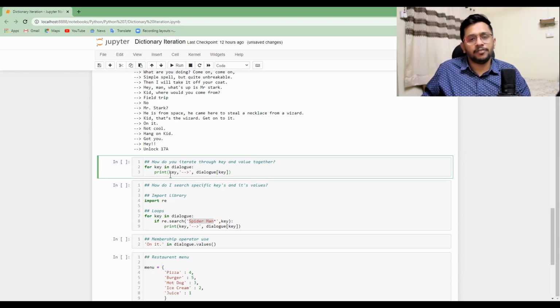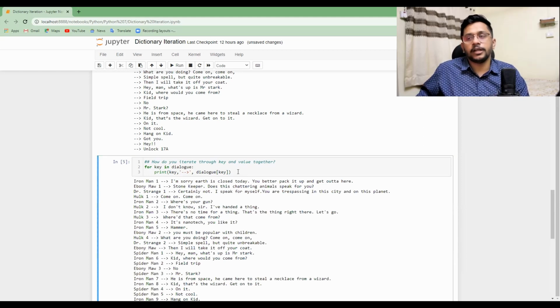Next, if I am iterating through a key, how do I get the values? If you remember, in the earlier dictionary manipulation video I showed that if you put the dictionary, an open square bracket, then the key for which you want the value, and then close that bracket, you will get the value. In the same sense, whenever we are iterating, we want to pass that same key, the iteration variable, to the dialogue dictionary for the values. If I hit Control Enter, I get the entire thing in one go. This is just an individual statement, not a dictionary value.